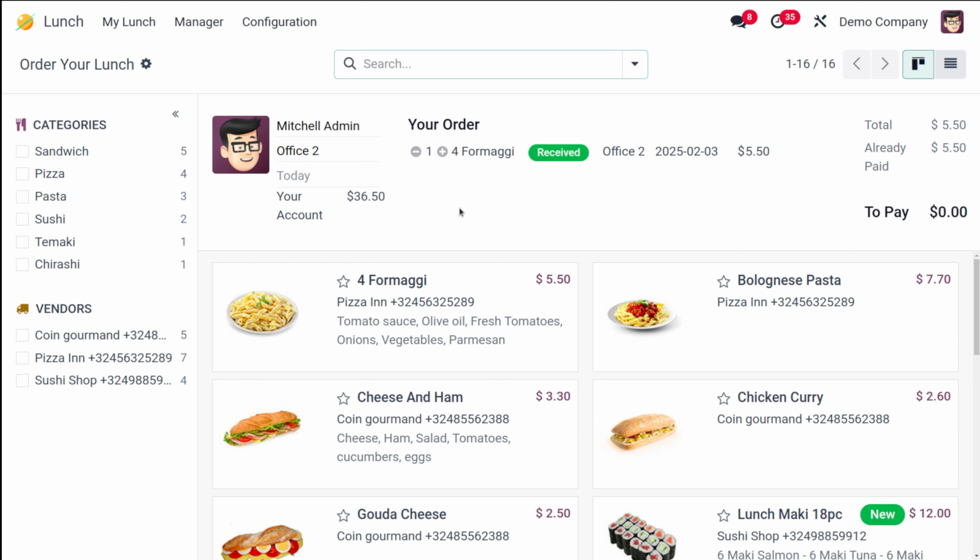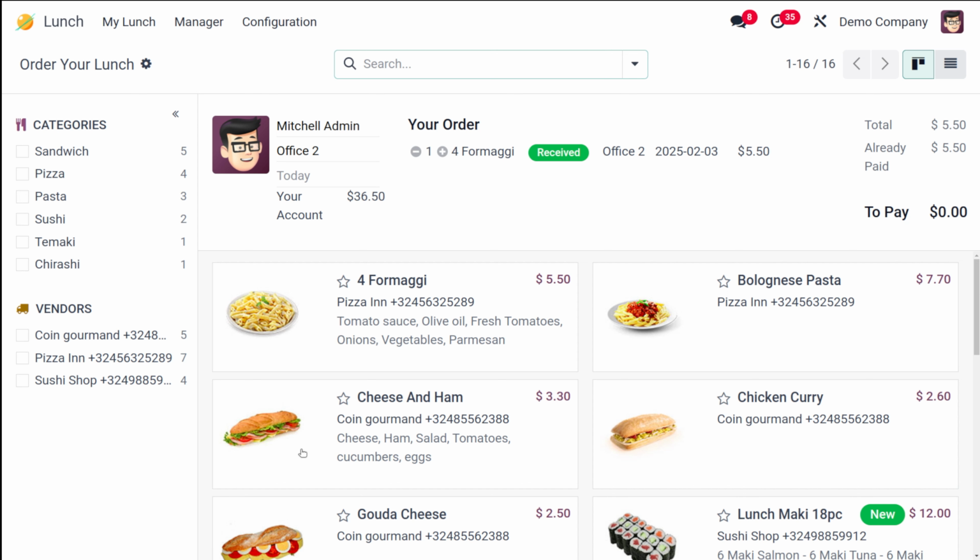So you can access it by opening the lunch app, as I said before. And here in the lunch app, you can see my lunch. Now, if you go there, you can find new order. If you click on that, it will be taking you to the exact page. So new order as well as the dashboard, which you see once you open the lunch, is exactly the same.